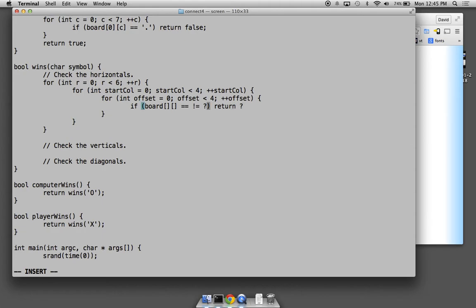We're going to check 4 things to see if the 4 things equal the symbol, where the symbol is going to be either an X or an O. So it's the current row that we're in, and the start column plus this offset. If that equals the symbol we're looking for,